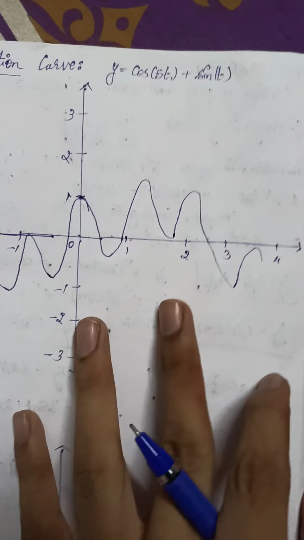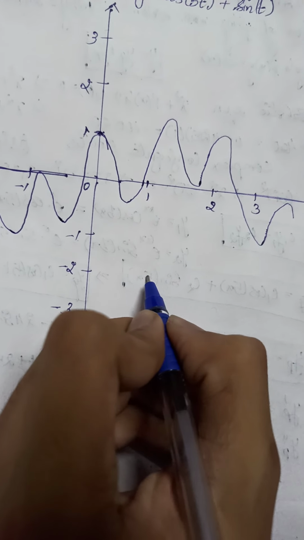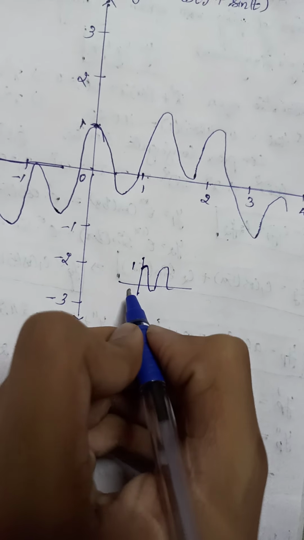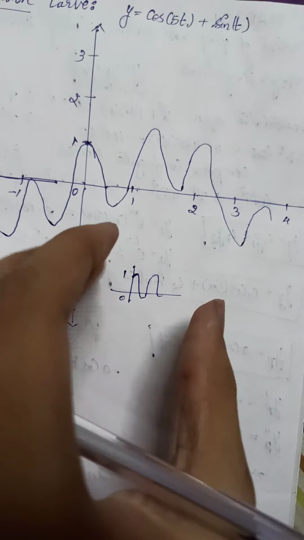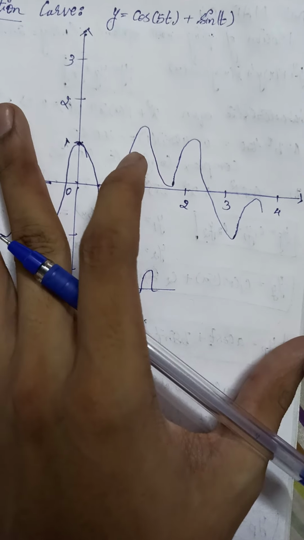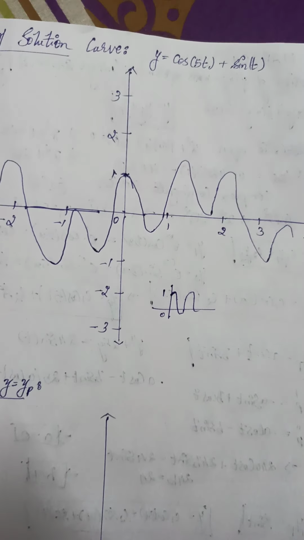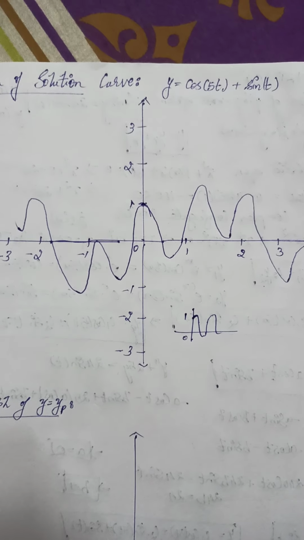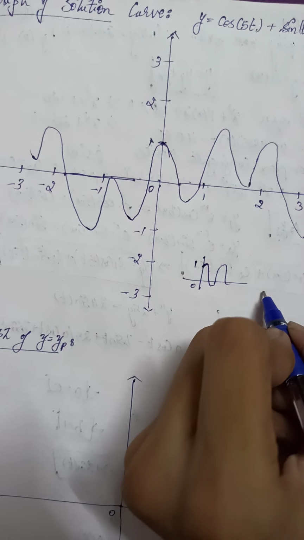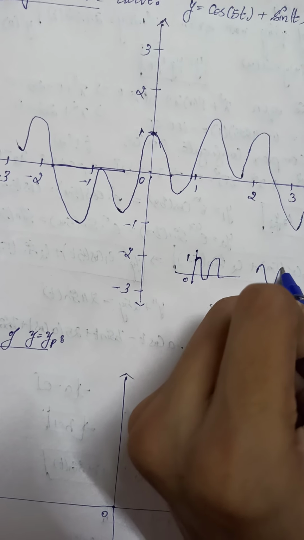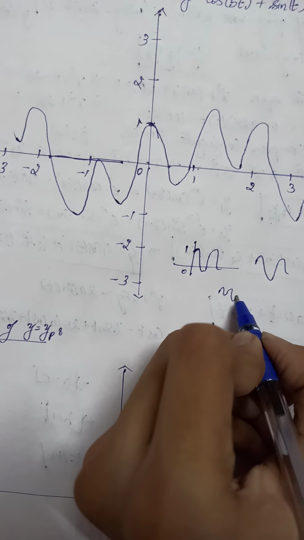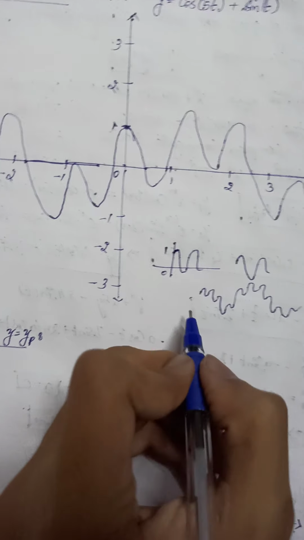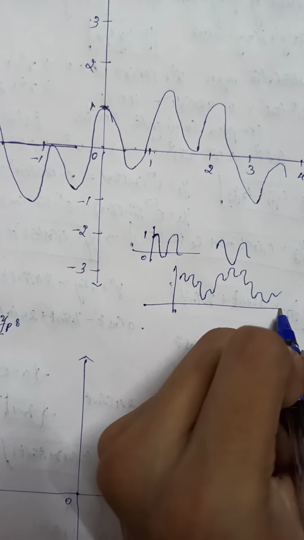So this is how it is. It is basically the cos function, which when zoomed out, or when you're seeing the coordinate axis from a far greater value, you will find the sine function embedded in it, and hence you'll find it something like this. So this is how it will look like.